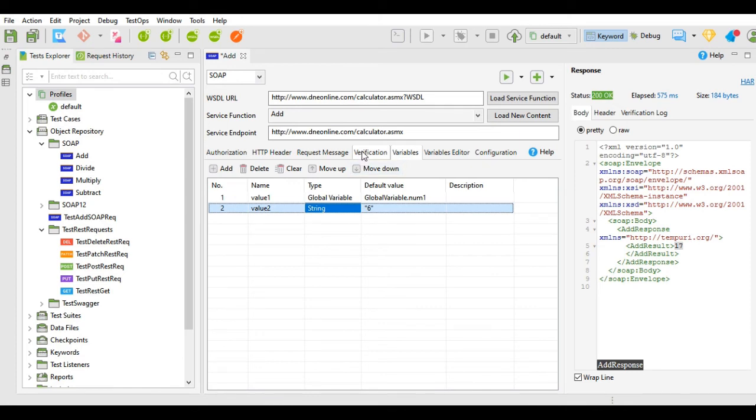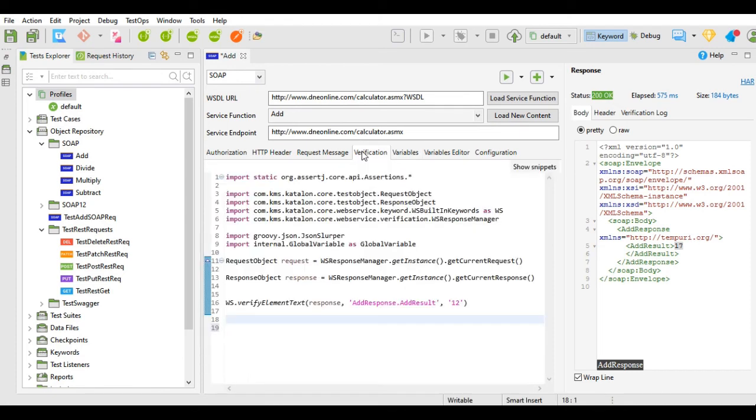You can use the variables in the verification also. So in the verification tab, if I see that def I is equal to 10, and in the verify element text keyword, if I use I instead of the expected result, then it will take the value of 10 over here and it will check whether the actual value and expected value are matching.